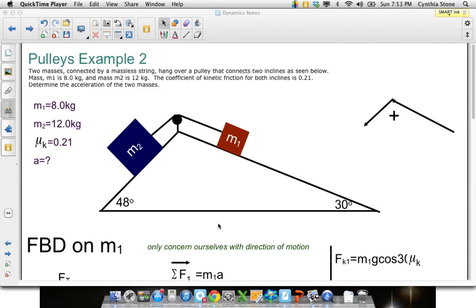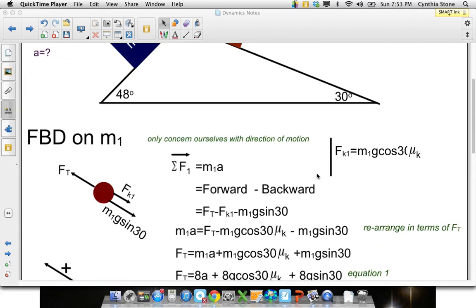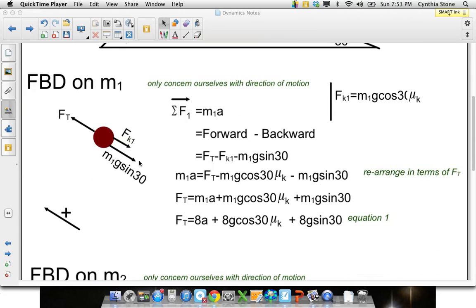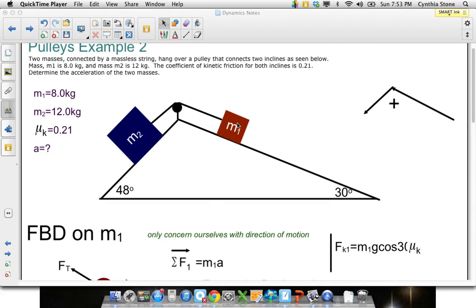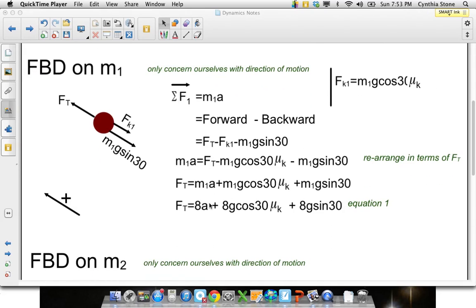Okay, so thinking about the steps you follow, it's exactly the same. You decide a positive direction, then you do a free body diagram on each mass. So this is big, but here's my first mass, mass 1, sorry. And I'm not going to bother with normal and all that stuff. But the thing to remember is there is FK. So normal does matter a bit, but we're going to quickly say,